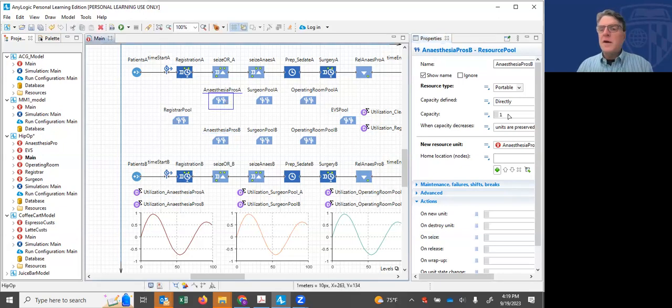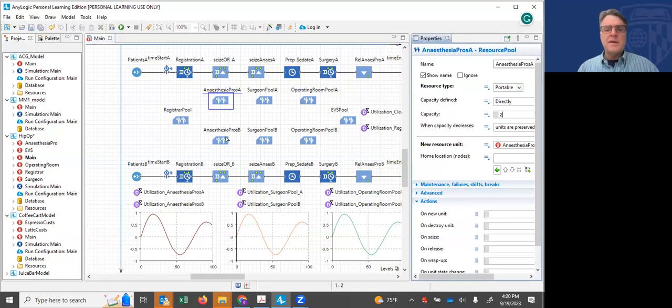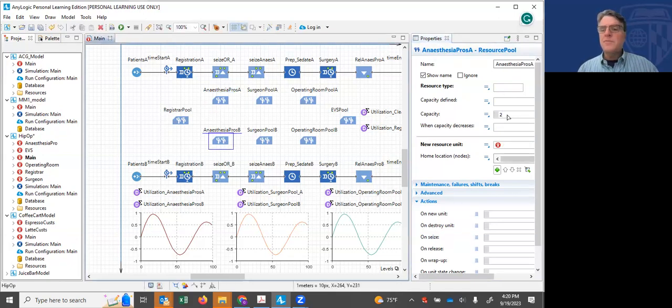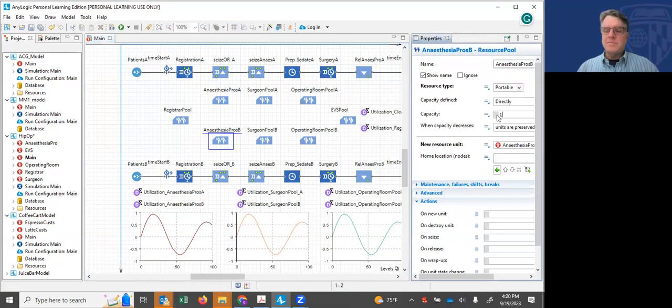I've currently got one anesthesiologist, as in the base case, in each of these tracks, and I want to pool them. Now, what I'm going to do is essentially move that anesthesiologist here. I'm going to take this one away and just make it 0. You don't actually need to do that. We're just going to rewire it. Now, when we grab the anesthesiologist,